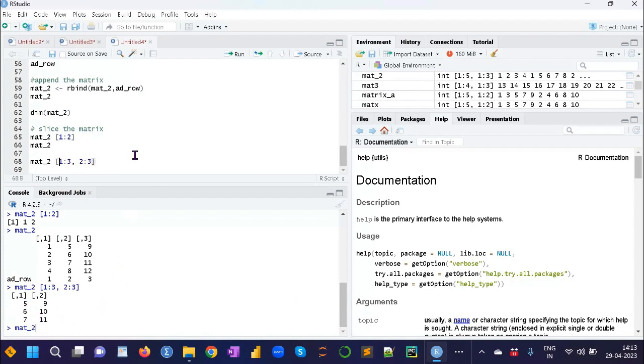So you understand, I want to extract the 1 to 3 rows and columns 2 and 3. This is my column 2 and 3, and 1 to 3 is my row. Then it takes rows 1 to 3 and extracts columns 2 and 3. Then it takes the 5 6 7 in columns 2 to 3, and 9 10. Okay,